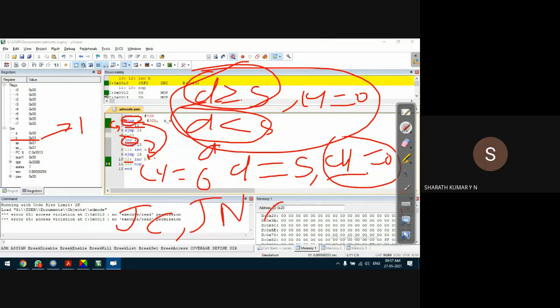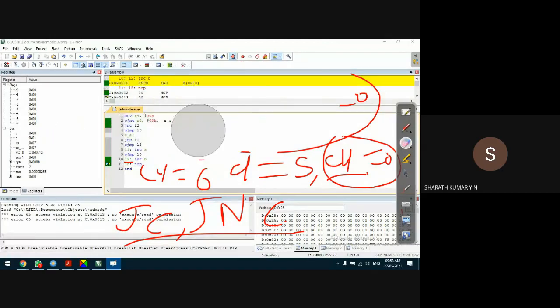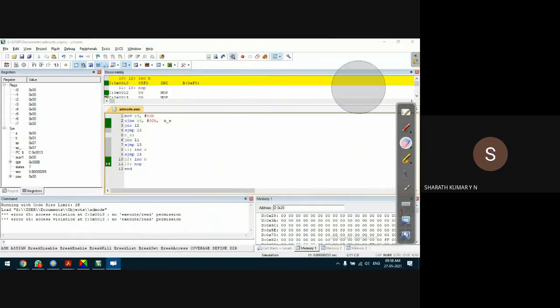Which one to use, there is a particular rule based on the condition that we'll discuss later when we go to the other programming part, where we will understand which one to use along with CJNE.